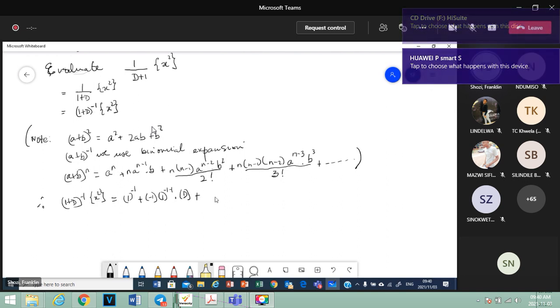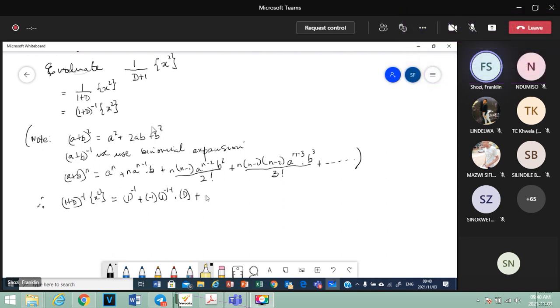Next one, plus n into n minus 1, which is minus 1 into minus 2, a is 1, to the power minus 1 minus 2, times b, my b is d, that is d squared, all over